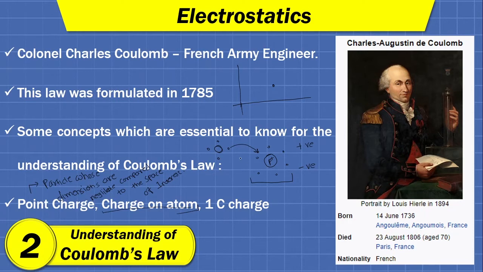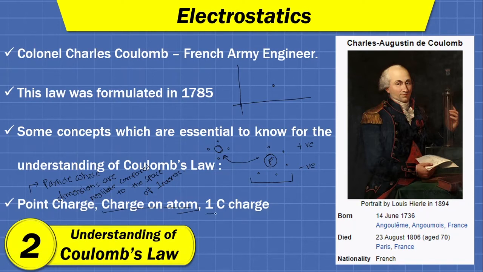On the other hand, if this second atom takes one electron from the first atom, then on the first atom there will be a deficiency of electrons, and we can say that this atom is positively charged. The more electrons it is deficient in, the stronger the positive or negative polarity will be. So the charge on an atom is to be understood like this.